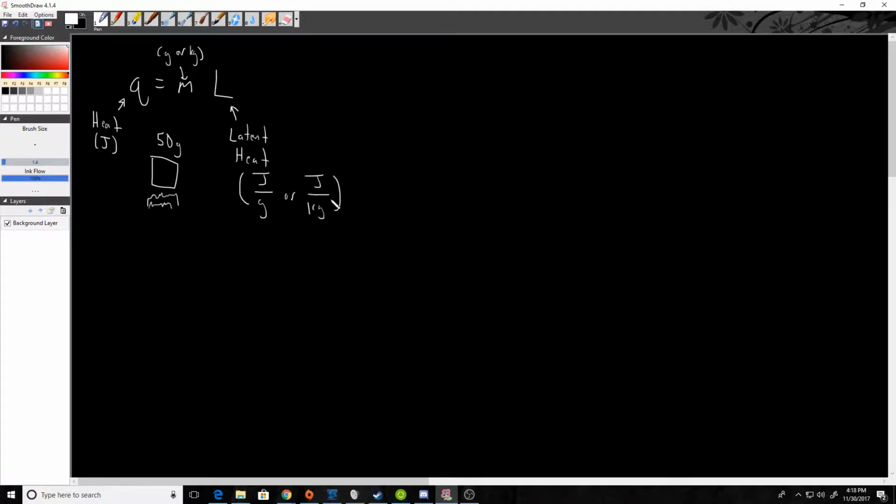Really, why we don't need to worry about temperature is that when ice turns to water, there's no change in temperature. That's all occurring at a temperature of 0 degrees. What we would find is, if we say this axis is temperature and this is energy added to the substance,